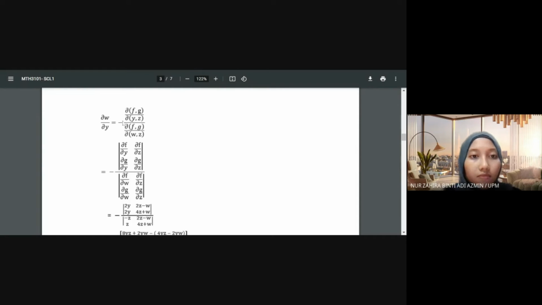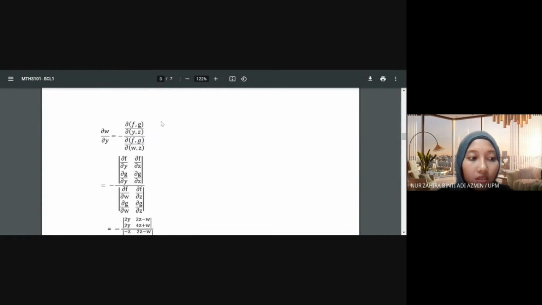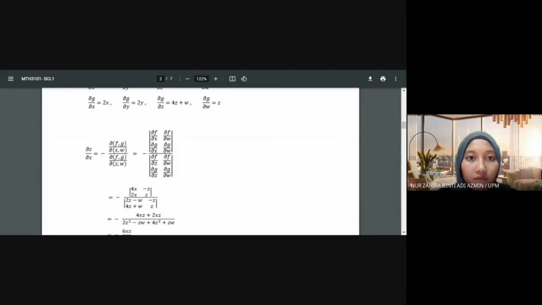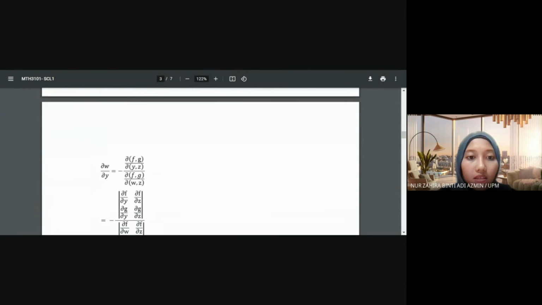Then we got negative del(f,g) with respect to (y,z) over del(f,g) with respect to (w,z). Then we substitute all the expressions or partial derivatives required for finding the Jacobian